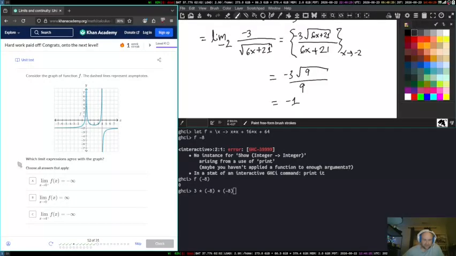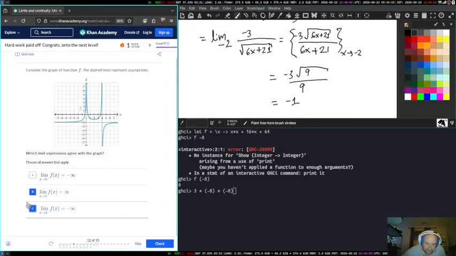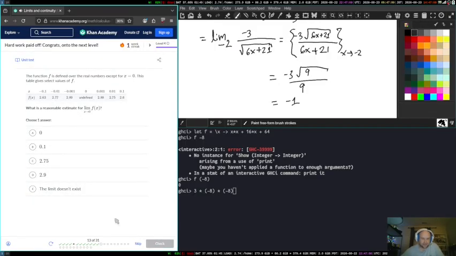Which limit expressions agree with the graph? No. X approaches 0 from the right. So okay, that one's true. 4 from the right is minus infinity. I think that's it. Okay, I'm going to go until I get another tedious question, then I'm going to take a break. Well, the function f